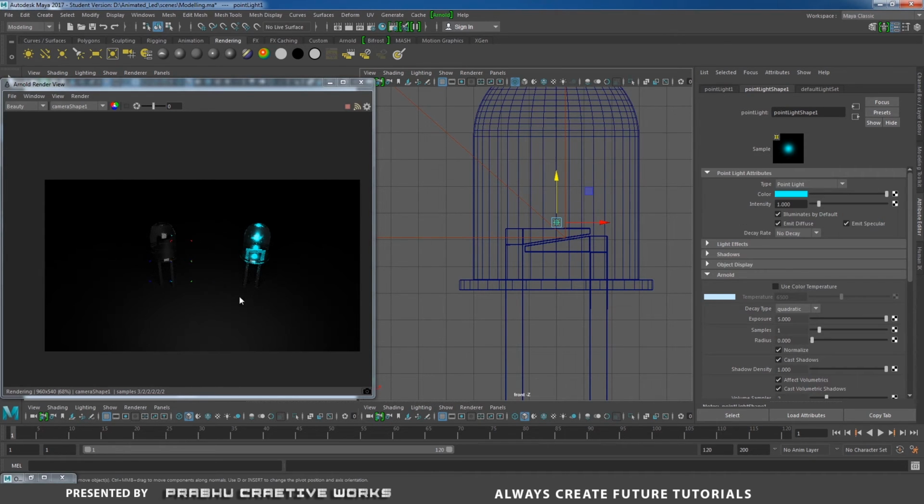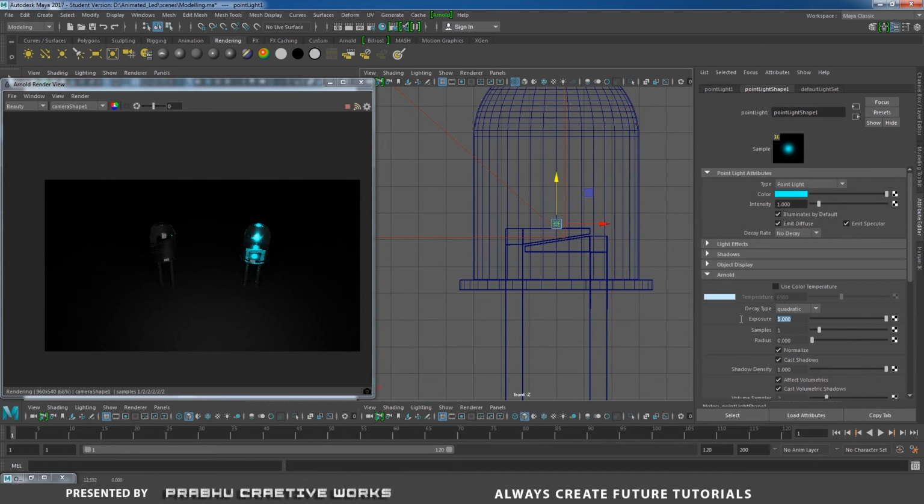That means it will illuminate our light. Don't keep this light inside of the steel object, it won't show. You need to keep this light above the steel.